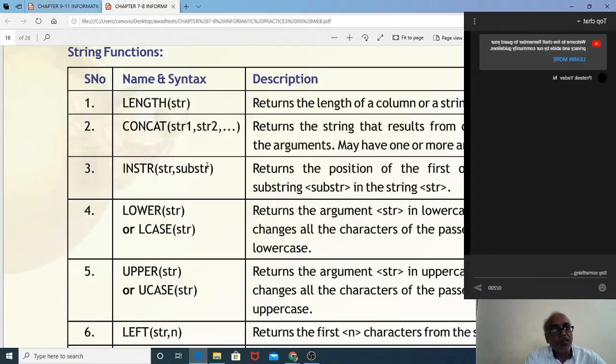Is the substr occurring in the first argument str or not? If it occurs, it will give you the position of that occurrence.